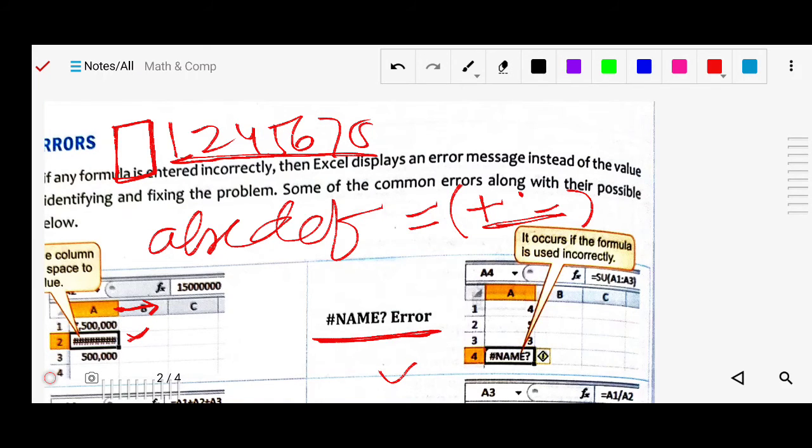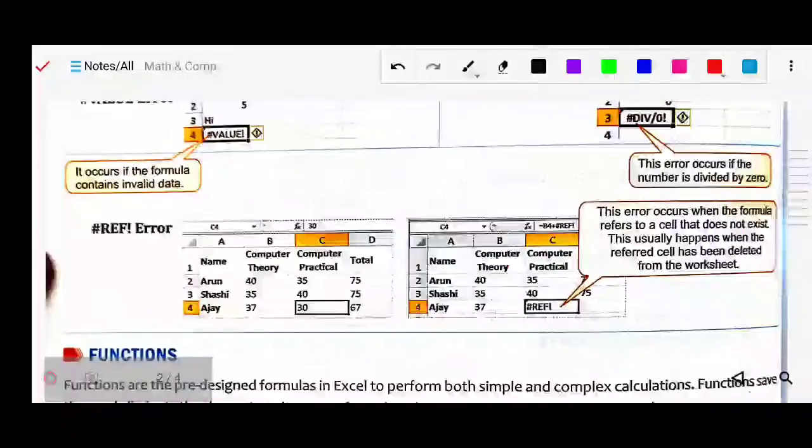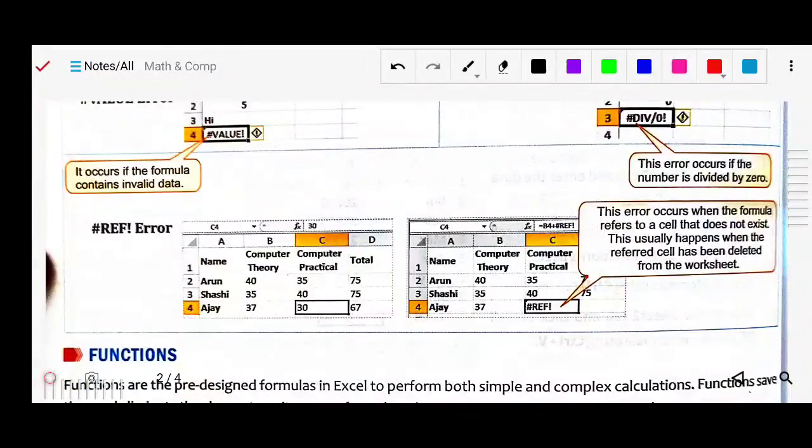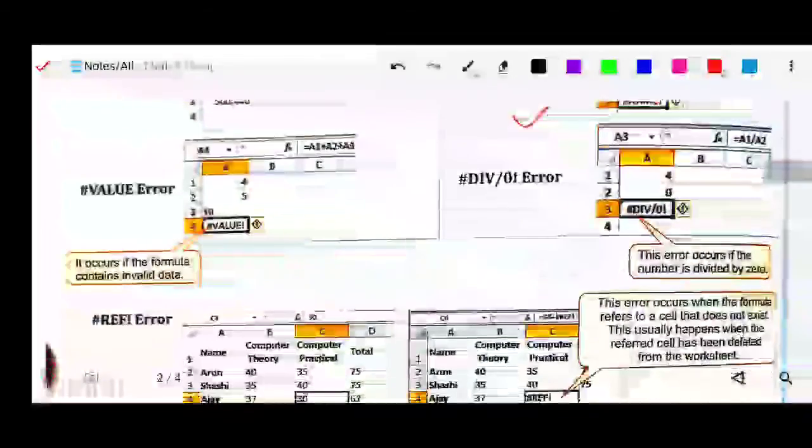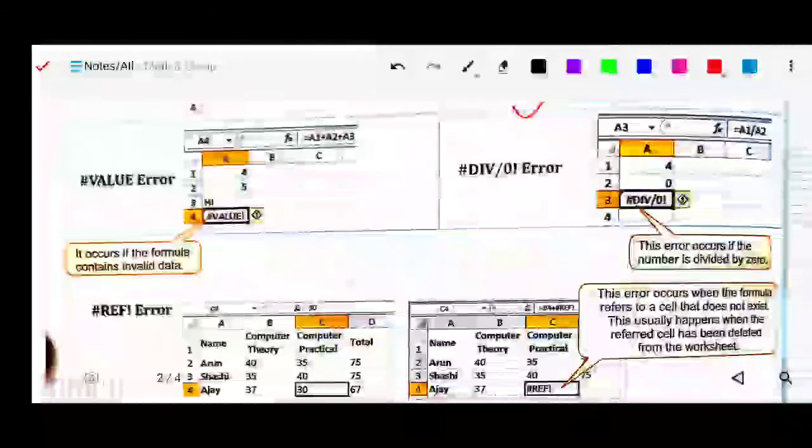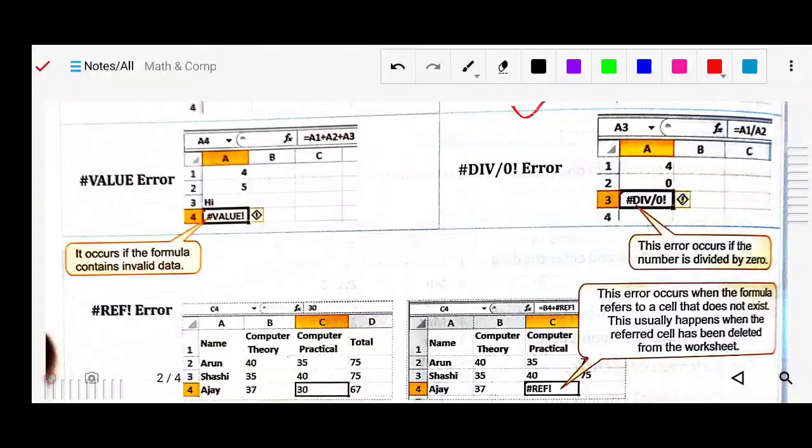Got it? Next error we have is the hash value error. It means it occurs if the formula contains invalid data. Invalid data means in the formula you have used the wrong data, the data is not there and you have used that one. Suppose there is a C2 column and you have used another one like C8 or something, which is not used there.